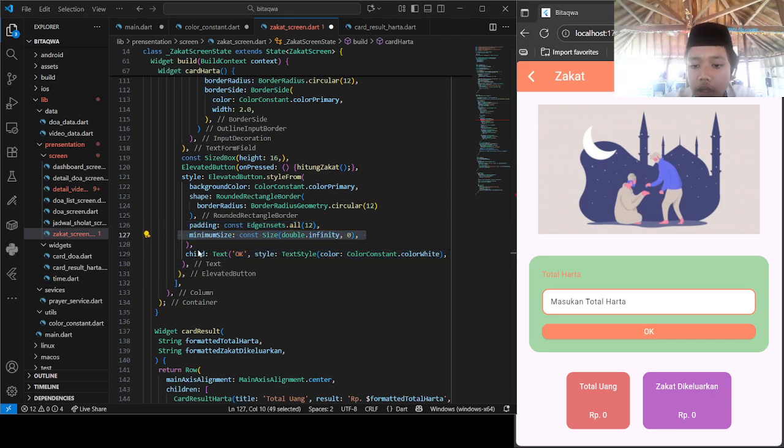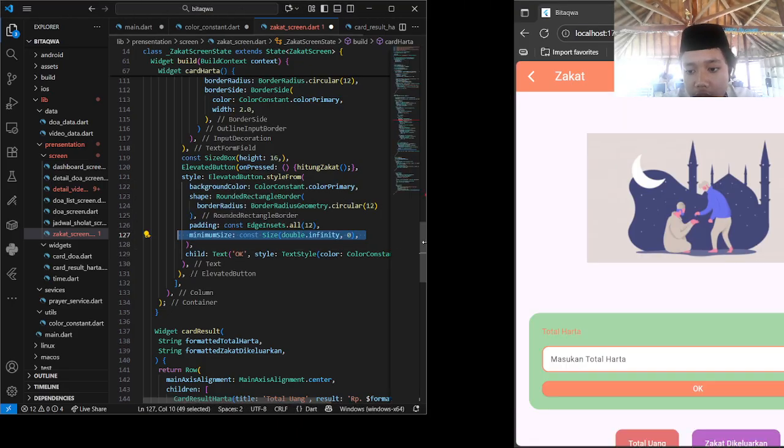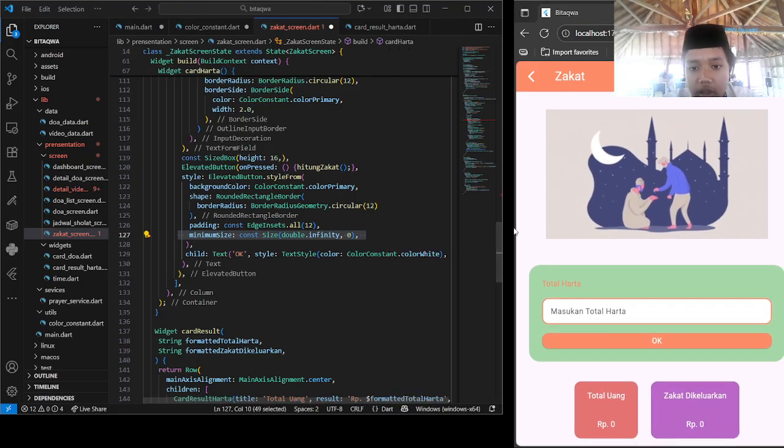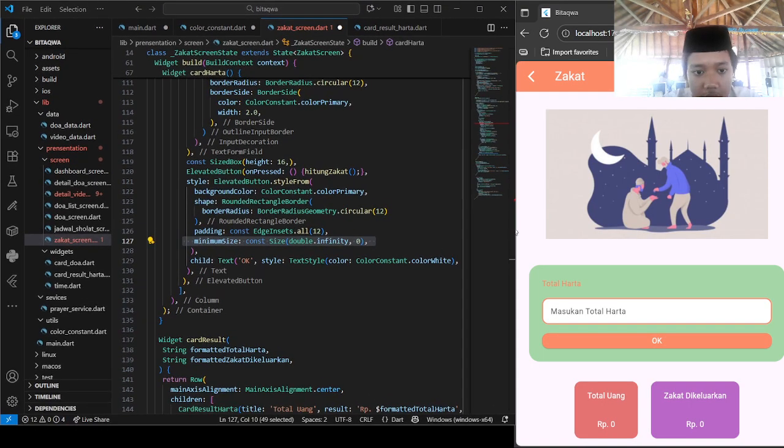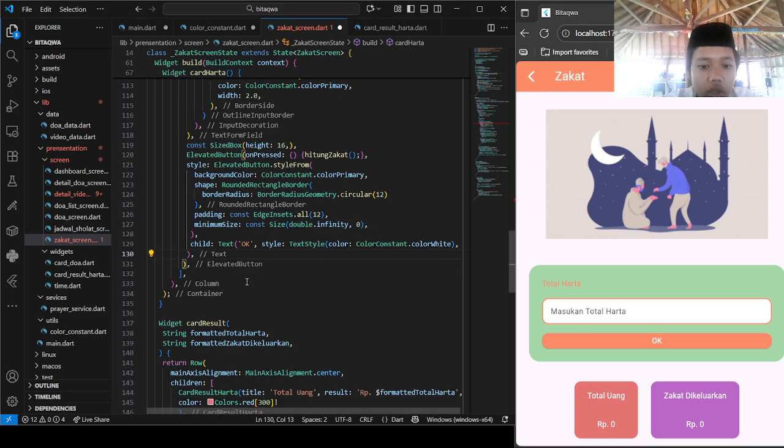It makes the button size follow the container. For example, if we move it, it's still the same. So it follows the container.